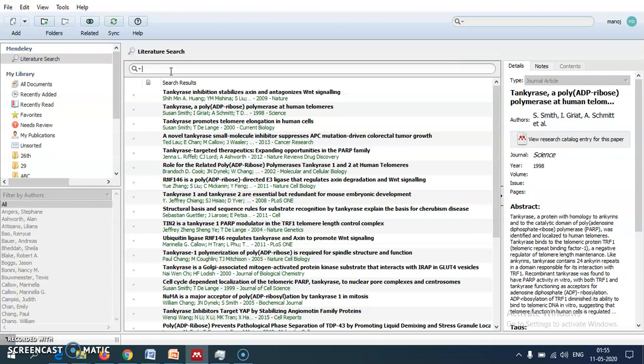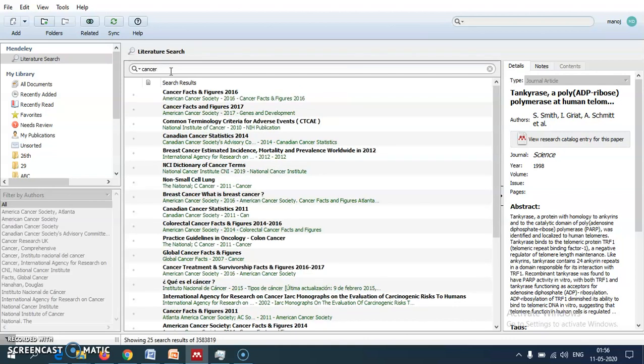Suppose I want to search regarding cancer. I will put the keyword cancer and press enter. This is the available information in the Mendeley literature database regarding cancer.